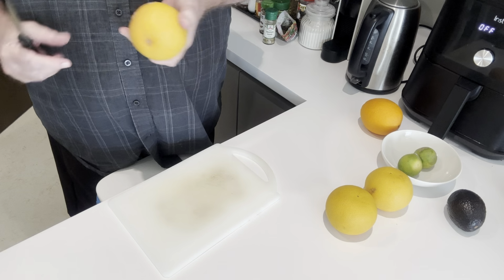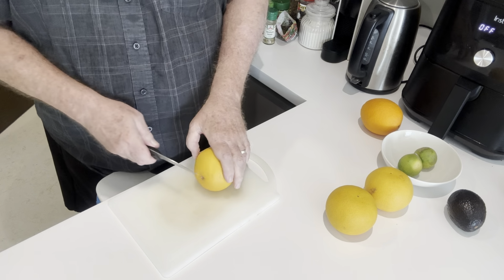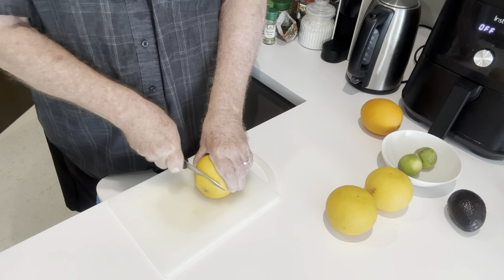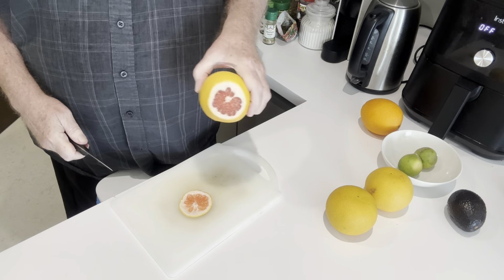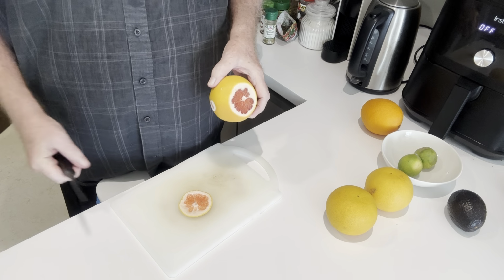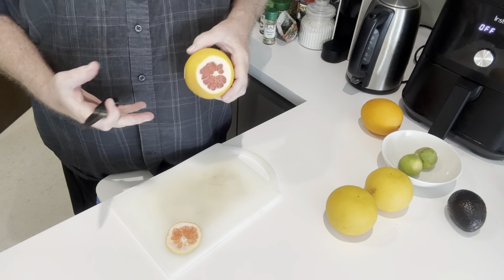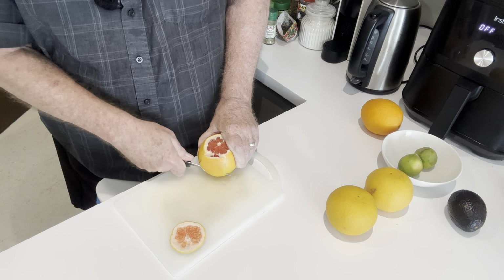I think it's the last thing I have to do other than straighten up, do a little vacuuming, dust mop, that sort of thing. Otherwise, I'm all ready to go. So I have my grapefruit here. I don't know where they're from, but I don't think they're from Malaysia. So I'm gonna peel those and section them. Oh, it's pink grapefruit. Great, that's what I like. I can never tell by the sign in the store, so it's sort of like a surprise when you cut it open. But here, I'll just take this skin off,